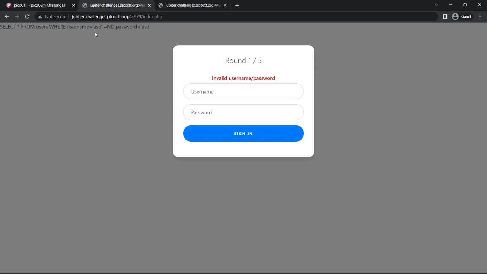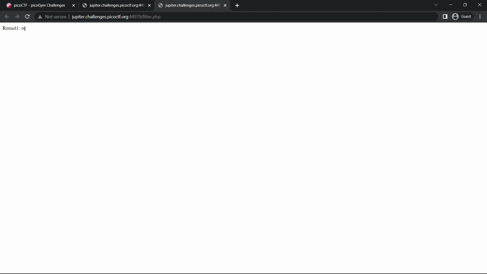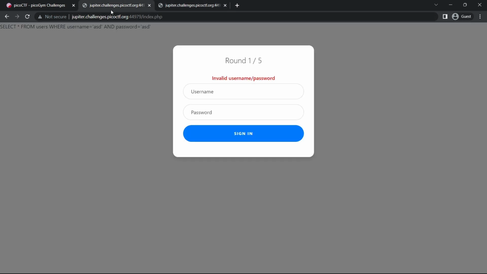So in this case, we see that this is the query that is being sent, and in this filter it says OR, which means the word